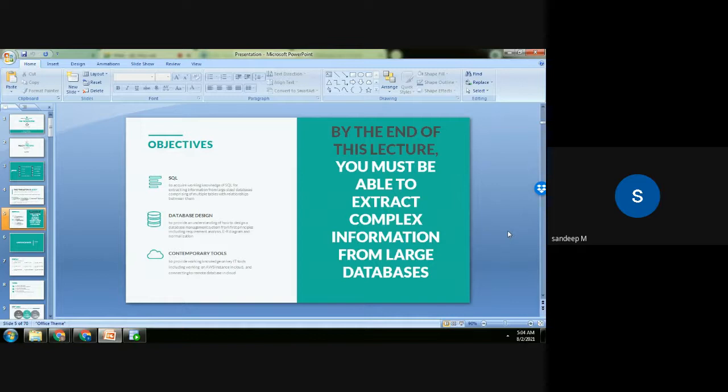Working on databases locally, a database sitting inside your system, is fine, but when it comes to real life applications, usually we work on databases that are located remotely. So in a couple of sessions, you'll also have an opportunity to work on remote databases. I'll tell you how that's going to happen. You're basically going to work on my system. The database will be sitting in my system, and you will be connecting to it remotely and working on the SQL queries.